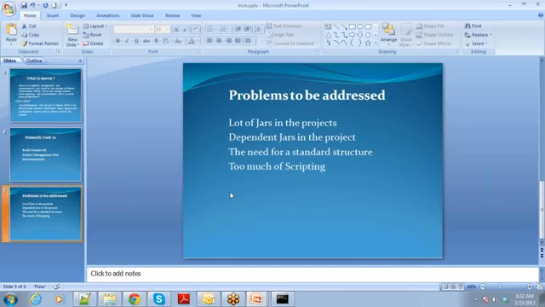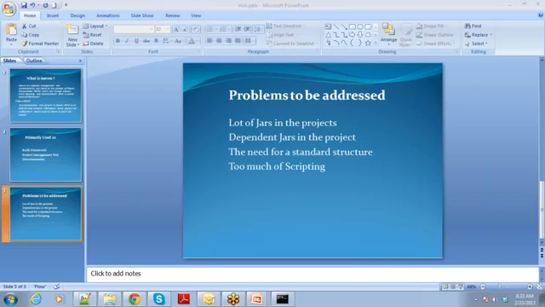If you take any typical Java J2EE project, the first problem that we come across is that there are a lot of jars in the project. A typical Java J2EE project will have a lot of components. Each component will have its own artifact. Generally, the artifact is a jar file. So there will be multiple jars belonging to the application.